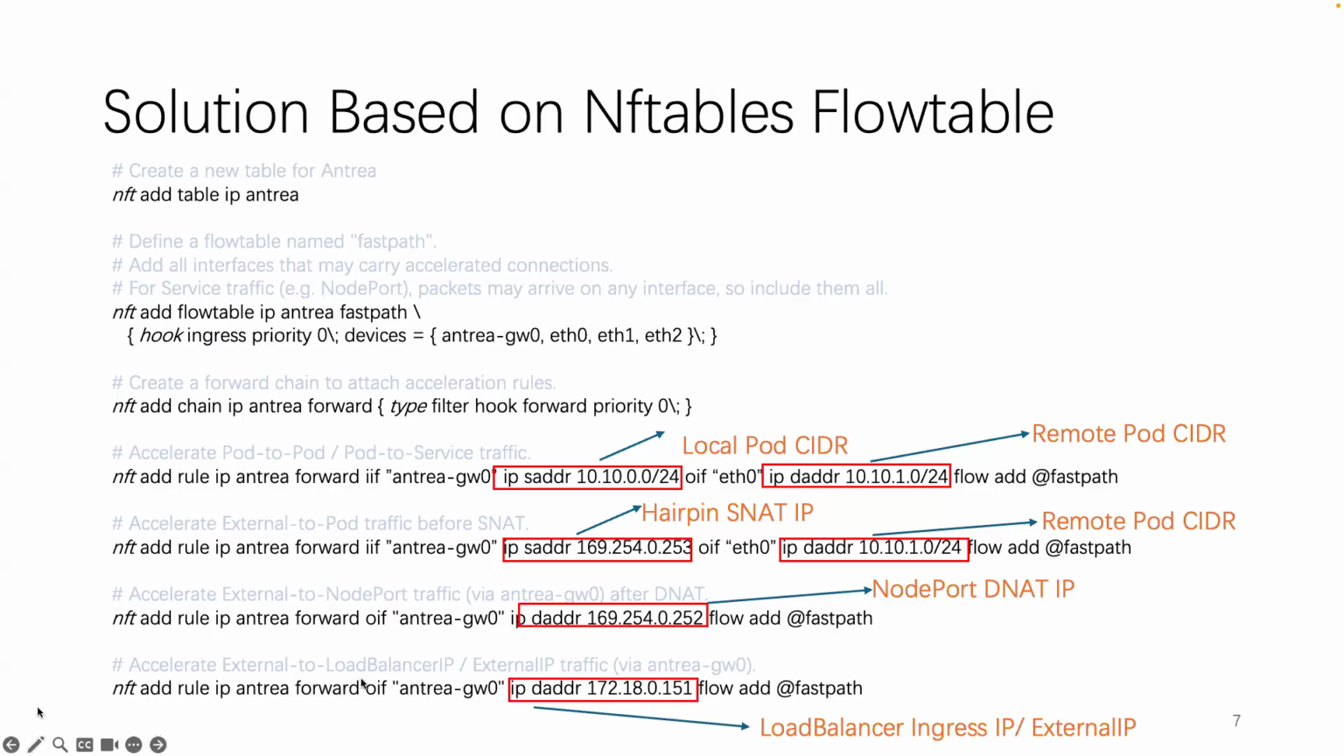And for load balancer or external IP traffic, no NAT is involved, so just match the IP address of the load balancer ingress IP or external IP. I think maybe we can also aggregate the port sider in the future if we have a controller like